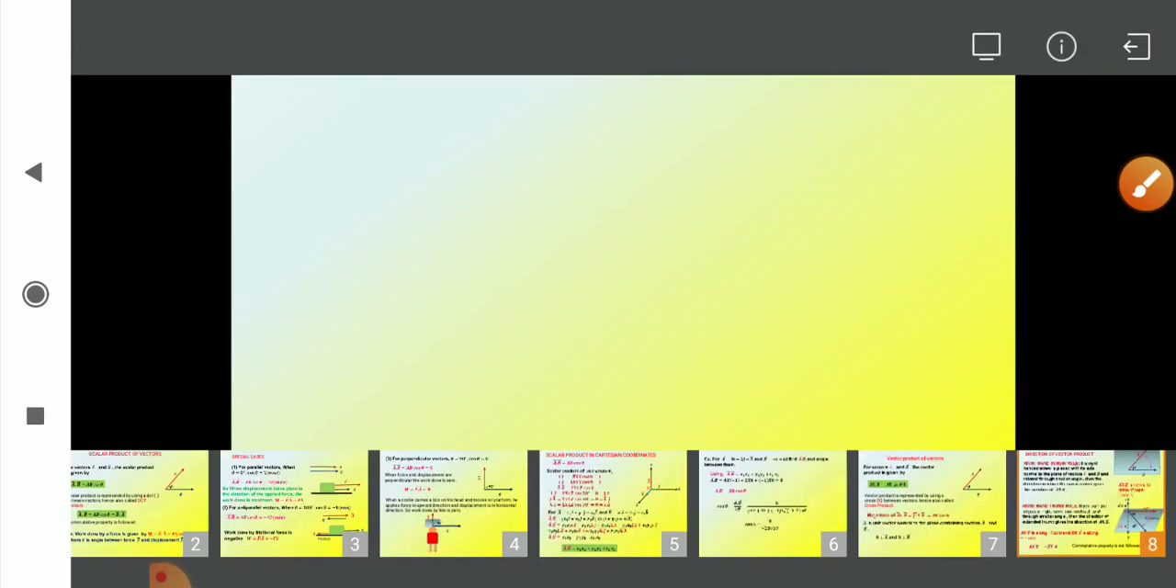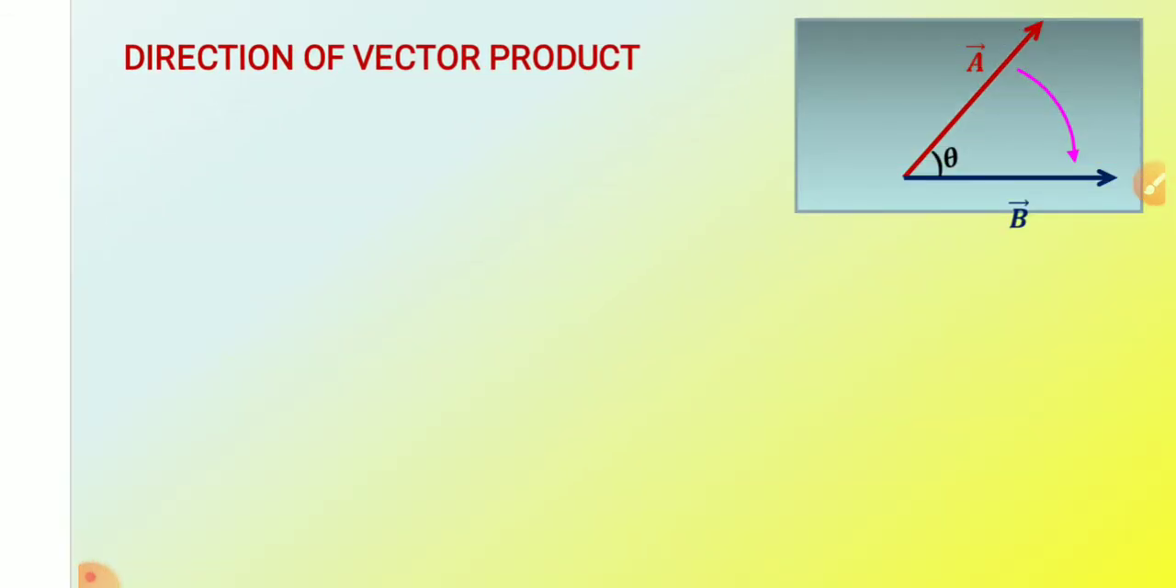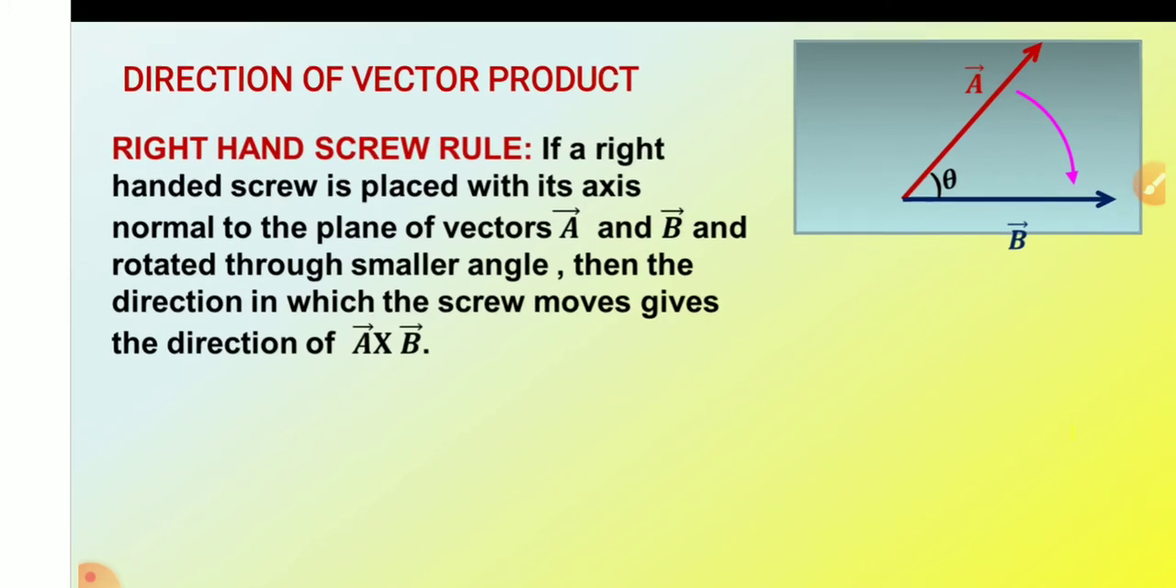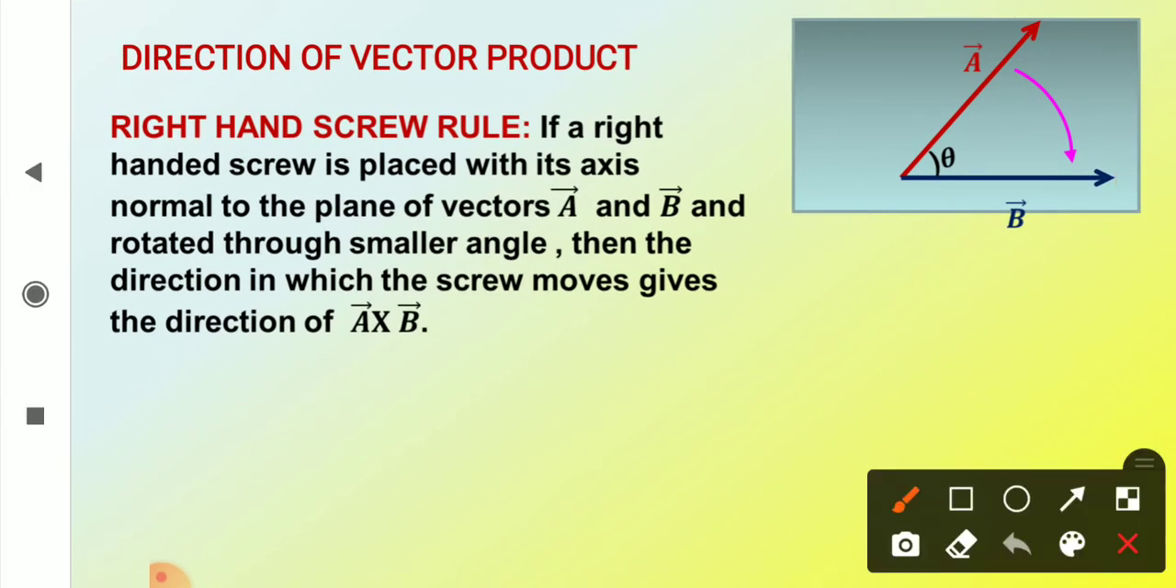So now how to find out the direction of vector product? I want to find out direction of this unit vector basically. So first rule, we have two simple rules. Right hand screw rule. If a right-handed screw is placed with its axis normal to the plane of vector A and B. Screw you all must be knowing, पेचकस, and